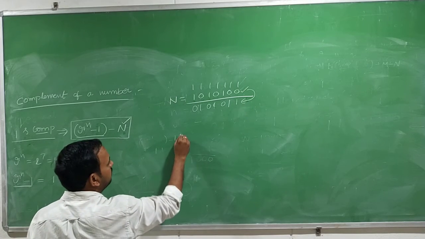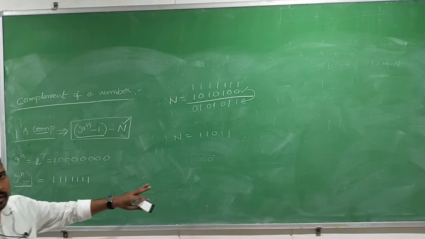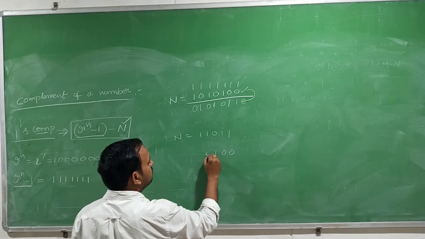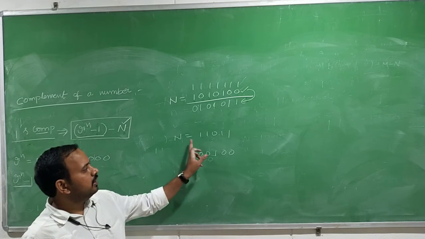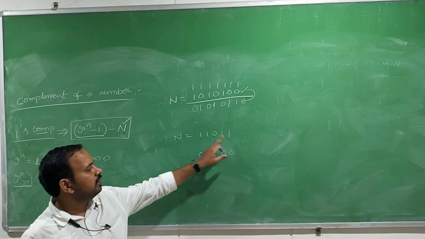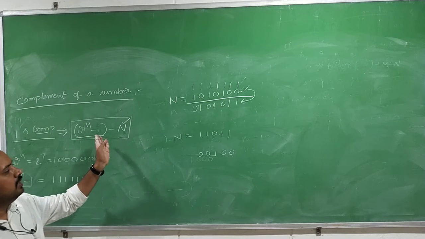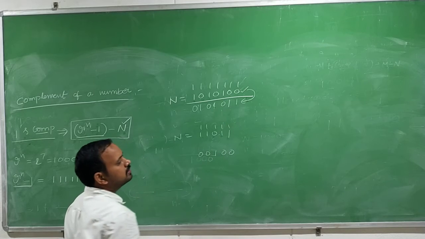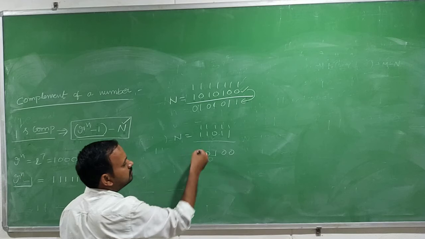Whether you remember this procedure or not, for example, this is your given number, 11011. If you want to find its ones complement, simply invert the number: 00100. If you want to do the mathematical procedure, how many positions, small n, are there? 1, 2, 3, 4, 5. So small n will become 5. 2 power 5 is 32, 32 minus 1, so you will get 5 ones. You need to subtract the number from 5 ones, and if you do, the answer will be 0, 0, 1, 0, 0.